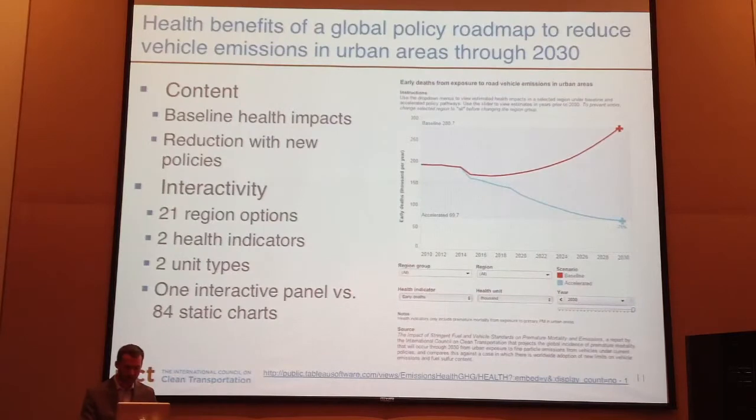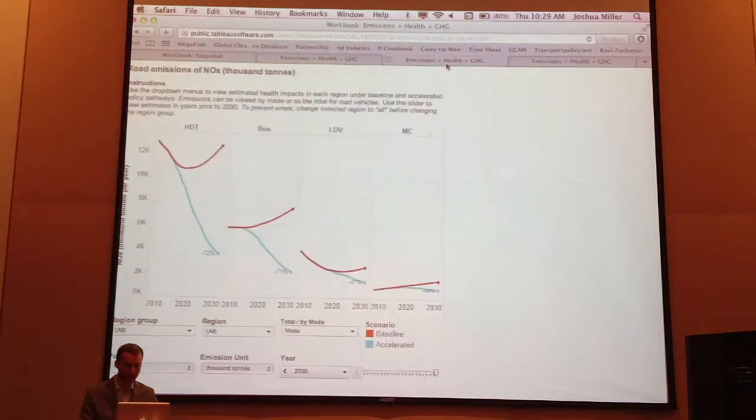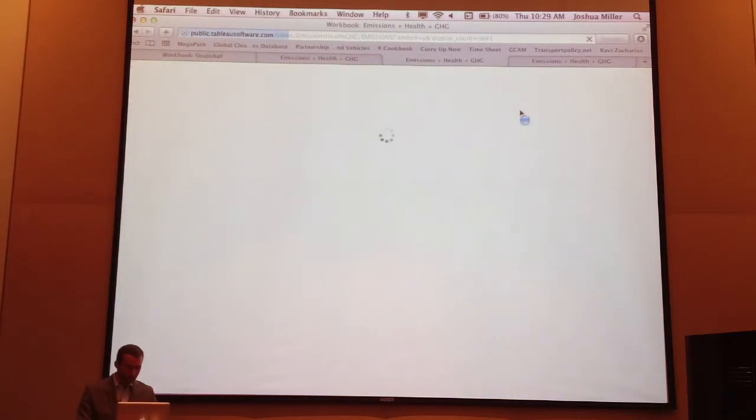I think I have just a little bit more time, so I'll really focus on the other visualizations here. This next one would be looking at emissions. Some questions that come up with emissions are not just what are total emissions, but what are the emission contributions for different pollutant types, some of which are more associated with premature deaths, others precursors to ozone, others with climate forcing impacts. A way to explore that data would be